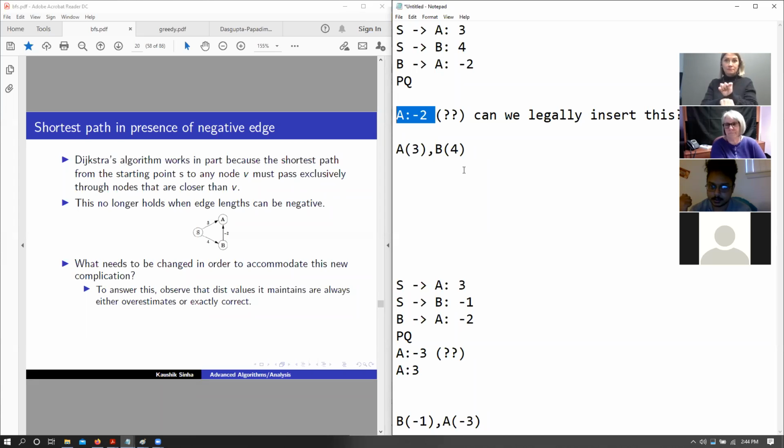Does that clear things up? Yes, I think the example that I was getting hung up on is if S to B was +1 and